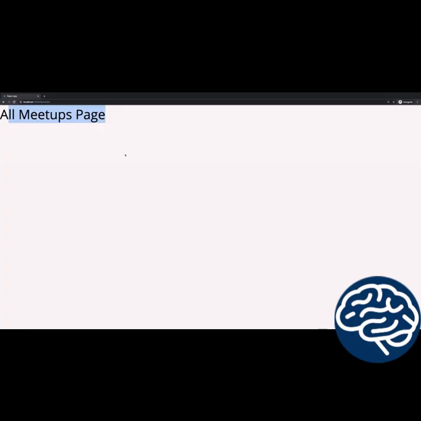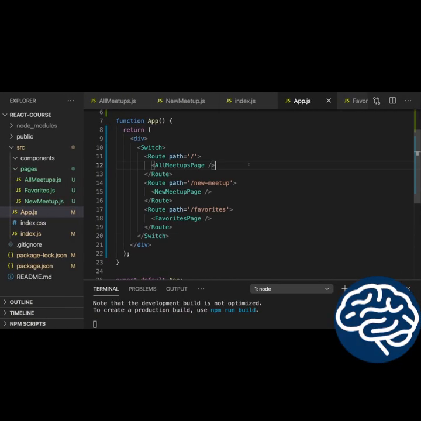And the reason for this is now how your routes are matched. React Router by default checks if the path of the current URL starts with the paths defined here. And because of switch, it will then stop looking at the other routes as soon as it has a hit, as soon as it finds a match. Now, of course, /favorites starts with just /, and then because of switch, it doesn't look any further, and therefore all meetups is rendered. That's not what we want, and we can prevent this by adding the exact prop here